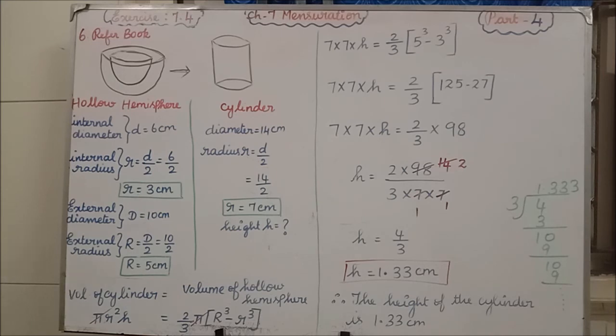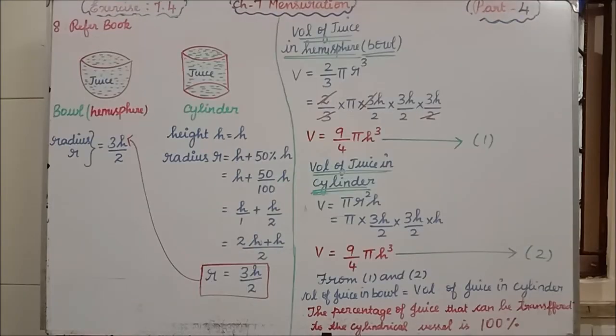Clear students, all of you, the sixth question? Students, the way we did the previous problem, the sixth question, in the same model you are going to do the seventh question as homework. More or less it will be the same only. So try the seventh question by yourself. That is the homework for the part 4 session. Which problem you are going to do? In exercise 7.4, the seventh problem you are going to do as homework.